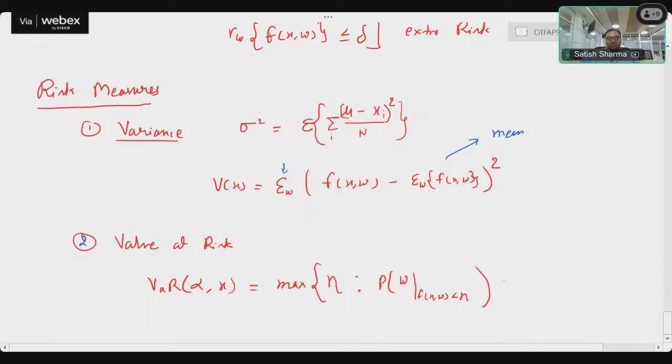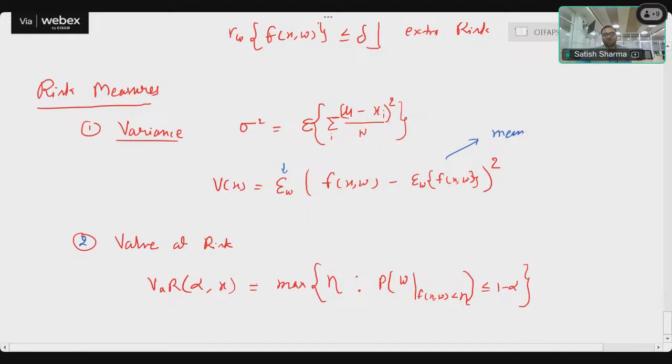Okay. So what is the probability? The probability of profit being less than the predefined eta value, if it is less than or equal to 1 minus alpha, then whatever the eta value which satisfies this particular constraint will be my value